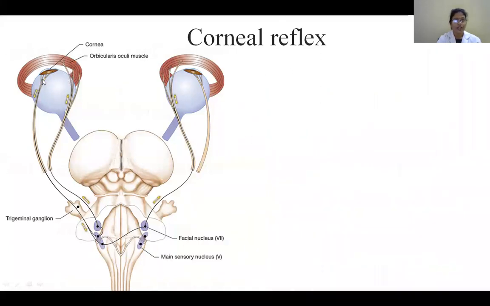So now this sclera, that is the sensations from the cornea as well as the sclera, are carried by the trigeminal nerve, that is the 5th cranial nerve. So once you touch over here, the sensations will be carried with the help of the 5th cranial nerve. So afferent is trigeminal, that is the fifth cranial nerve. So it will relay on its nucleus, and from here the relay will go to the facial nucleus. And here, if you see here, it goes both to the right side as well as the left side.